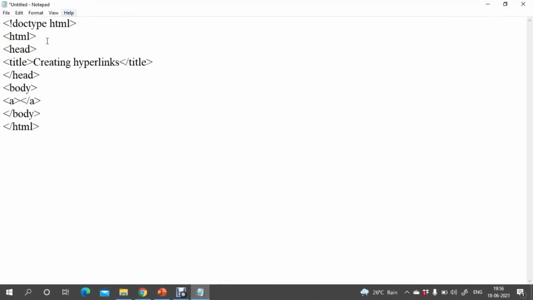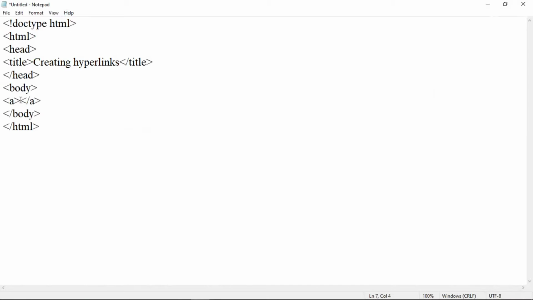If we want to show this file after clicking on the link here, then we can add the address of that file within a tag. So see here, within a tag start and end, I am going to add a text that is to be displayed as a link.